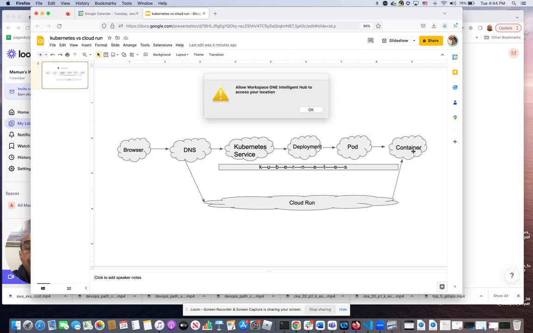That is why Google Cloud Run exists, and how it does it is it just grabs the image of your container, puts it in some background server, and sends the traffic to that, and you get your results from that. That's why Google Cloud Run does what it does. I believe AWS also has something similar, like Fargate, a similar concept. Instead of having a whole Kubernetes cluster, you just serve up the containers that you create from the image